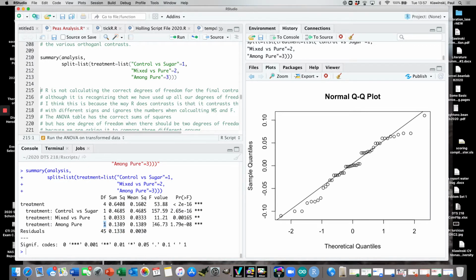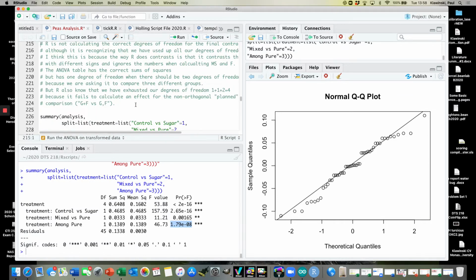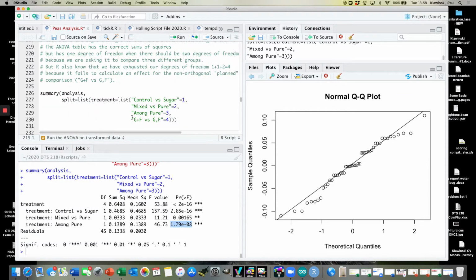So that would then result in an F value that was significantly different than this one. It's still going to end up being a significant comparison, but the p-value is also going to be different. So you need to calculate those by hand. If we add the 4th contrast up here, the